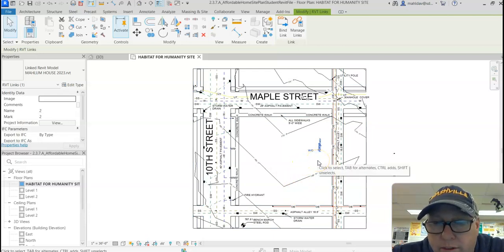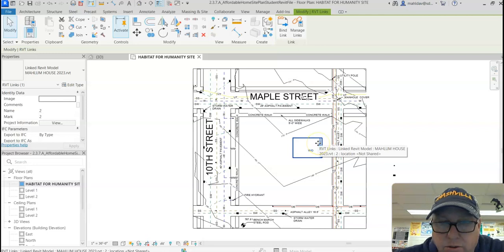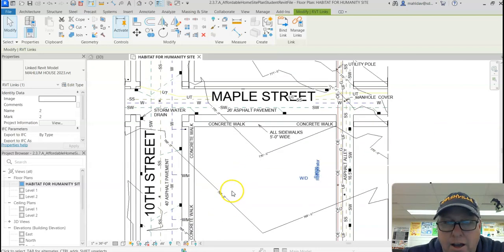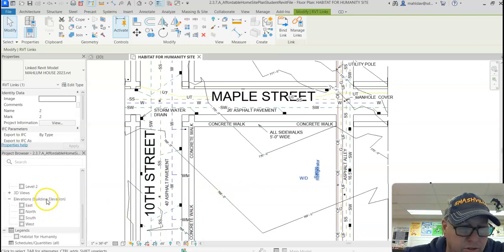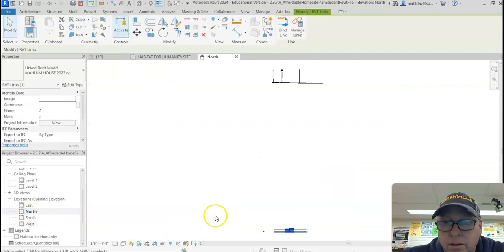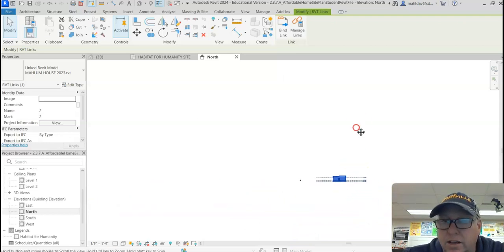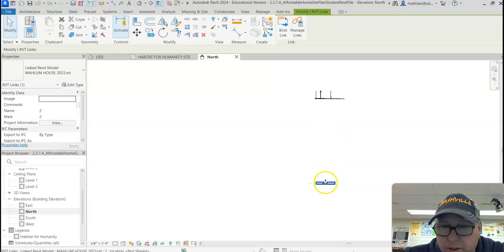However, one of the things that's interesting is the house is not at the same elevation as this site. If we look at these elevation lines, this says 770, 769. If I go over here to elevations, click on any one of them, east, north, south, I'm going to click north. My house is actually way down here because I built my house at an elevation of 0 and the site plan is at an elevation of 700. So to move that, you just grab the house and slide it on up,